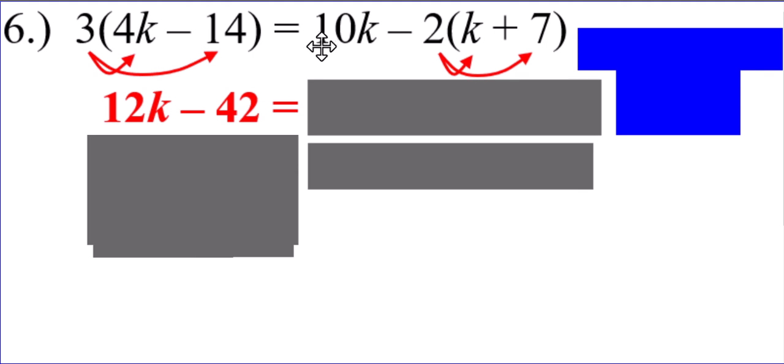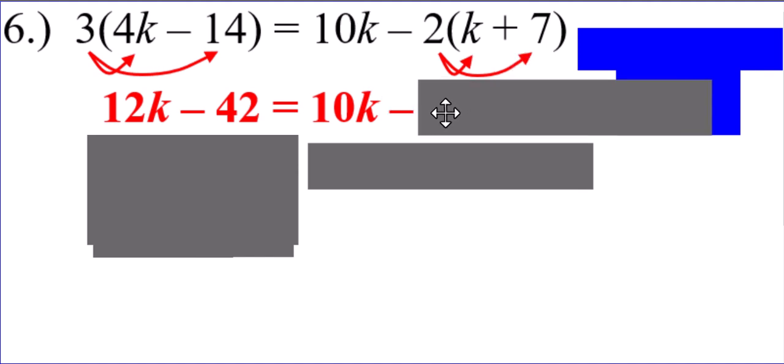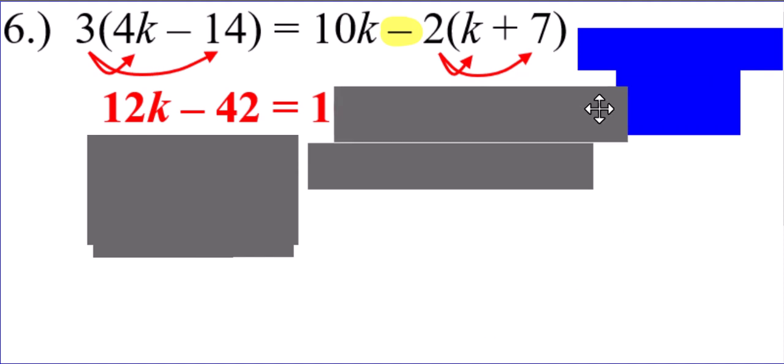The right side, the 10k is not the multiplier to the parentheses, and it's not in the parentheses, so that's going to stay the way it was. But here's the deal. When you have subtraction to the left of your multiplier, which you're about to use for the distributive property, it can get a little tricky. So here's what I'm going to do. I'm going to show you